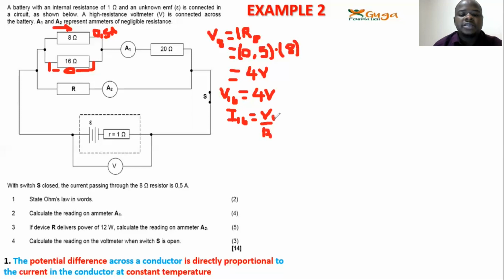Right, and then already we know the V of 16, and then we know the R of 16 where it's given. So by default it should be equal to V over R, which is 4 all over by 16. Okay, and then you should get the I of 16 is what? 4 divided by 16, which is 0.25. You get 0.25